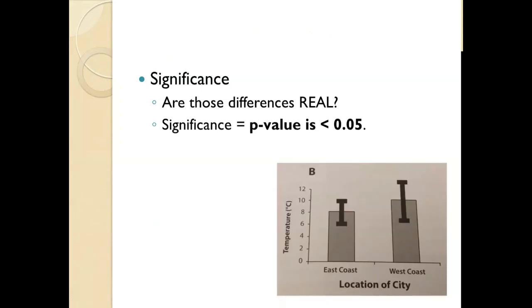One of the measures we can use to determine if something is real is known as the p-value. We're looking at a data set and comparing: is this difference significant for the number of samples that we have? Is it enough to say it's real? The p-value is considered significant if it's less than 0.05. This is considered a gold standard across the board.